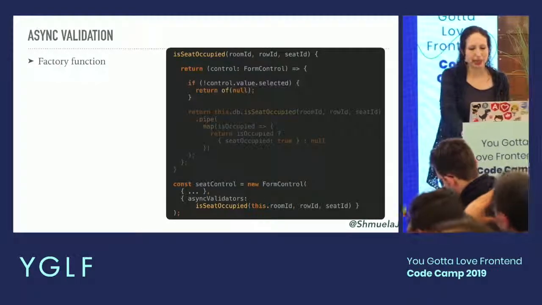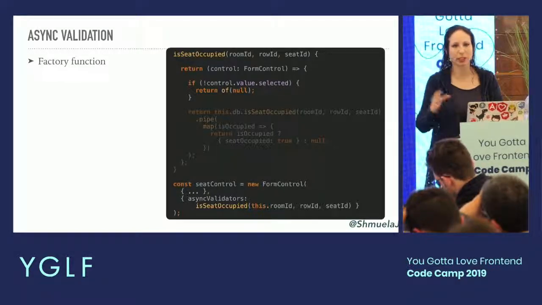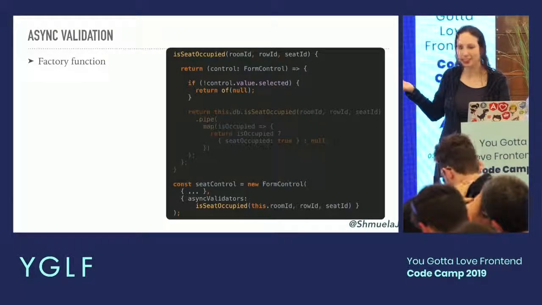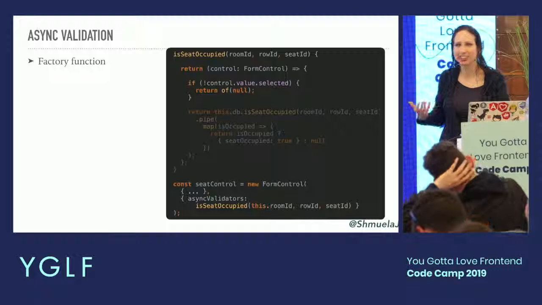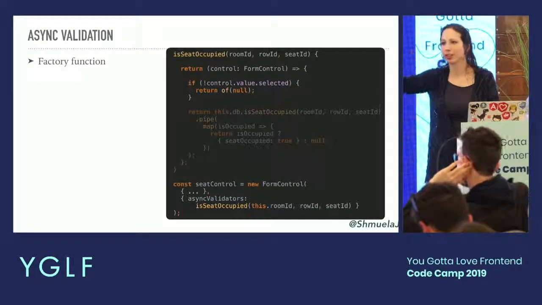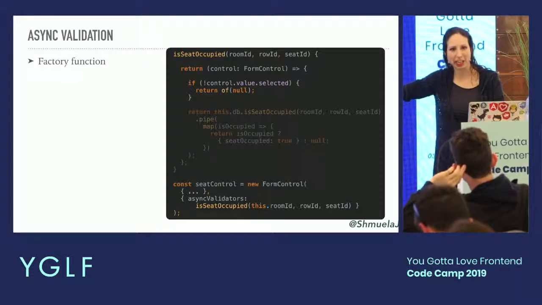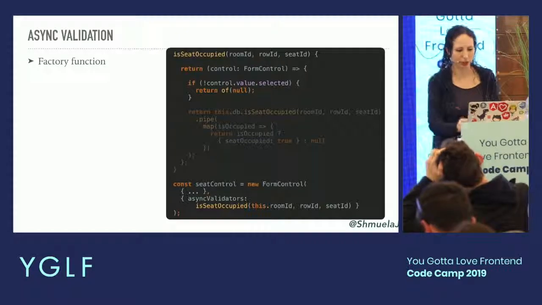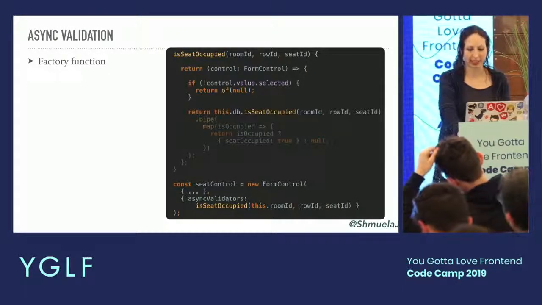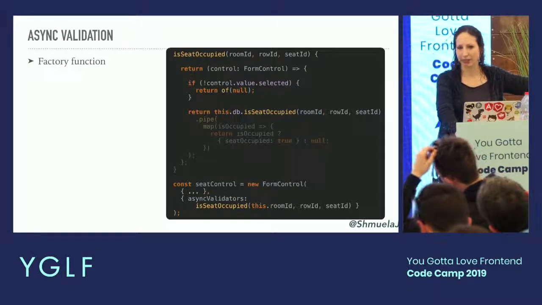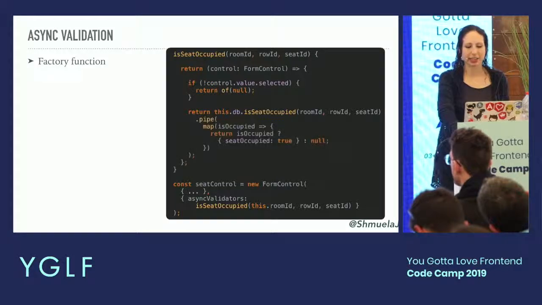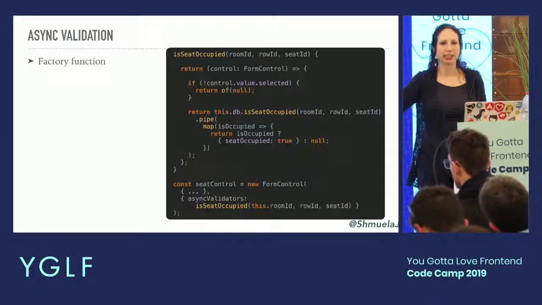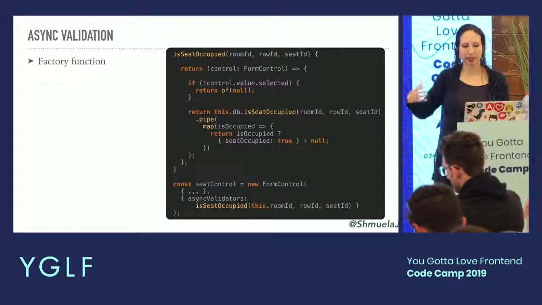And so let's see how it's implemented really shortly. First of all, it's really, really important to check whether the seat is selected or not, because if it's not selected, we don't need to go to the server and check whether it's taken or not, because it's not interesting. Okay, so this saves a lot of resources for us. But if it is selected, then we're going to this method that we have on the DB service, and again, we get an observable, and then we pipe the response